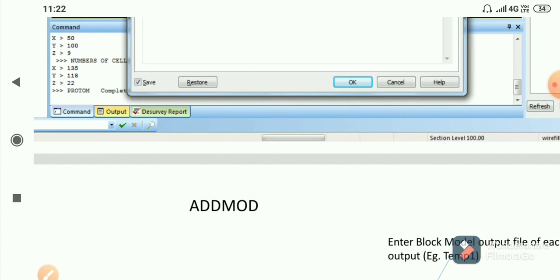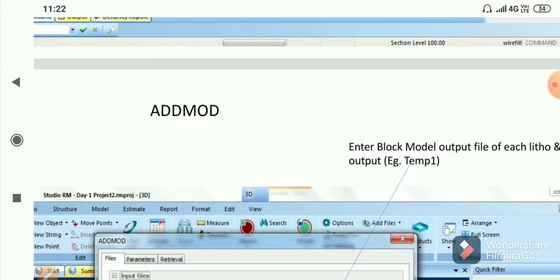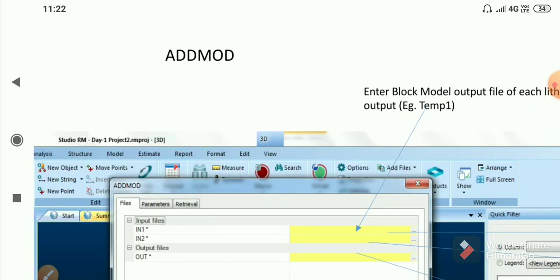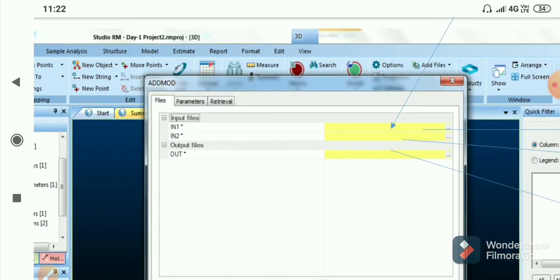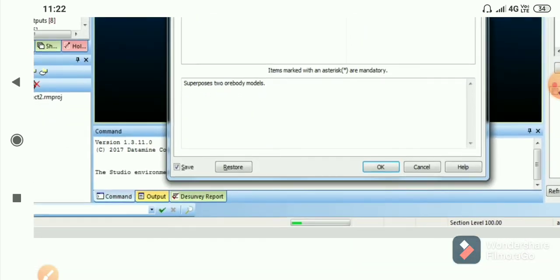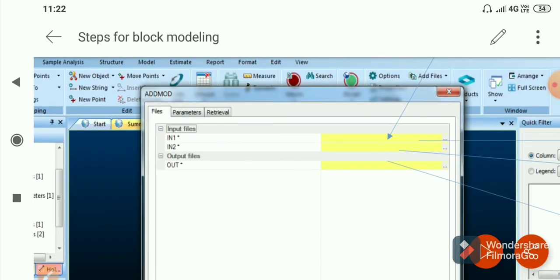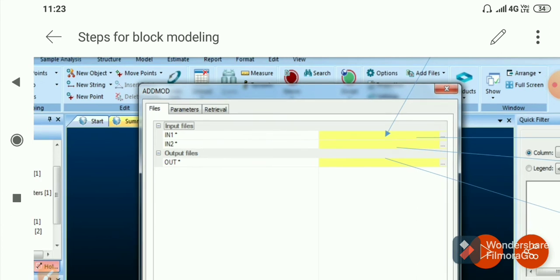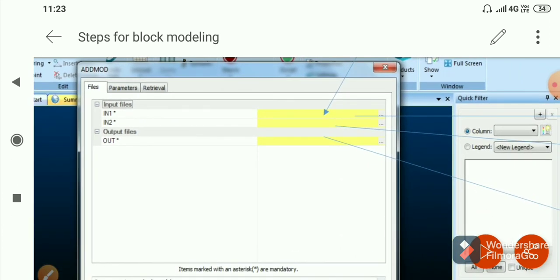Now we have different models like topo model, ore model, waste model. Topo model will be separate, and we should add the ore model and waste model. So the command will be add mode. We have to type add mode in the command box, then the window will open like this. Which block models are we going to add into one?